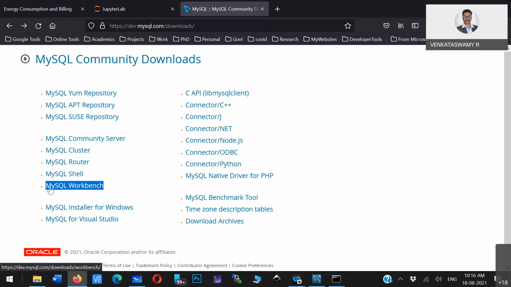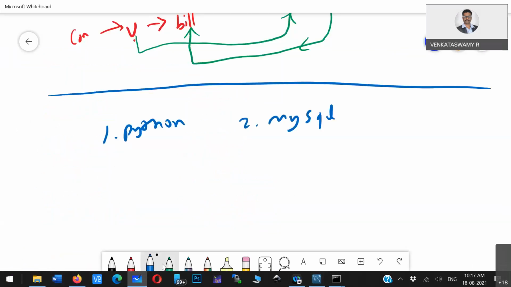So MySQL Workbench. Normally, whatever database you use, some generic front ends will be there, so you may have to use a generic front end. MySQL Workbench is very popular. After installation of this software, while installing, what you have to do in MySQL, in between,